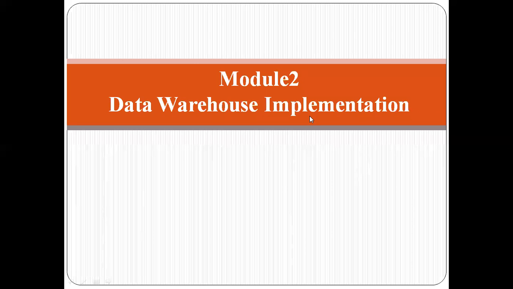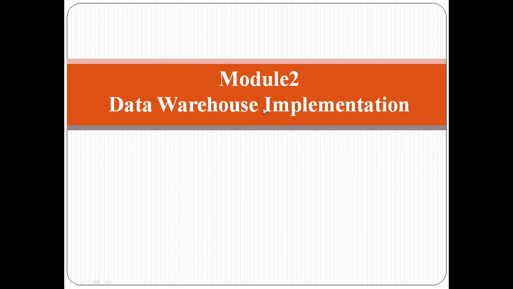Then we have seen the different types of data warehouse models. Apart from that, we have seen the multi-dimensional data model, which is nothing but a data cube. After that, we have seen the schemas available for the multi-dimensional data models. Then we have seen the concept hierarchy, the types of measures, and the last topic, OLAP operations. These are all the things we have studied in the first module. All of these are related to the basic concepts of a data warehouse.